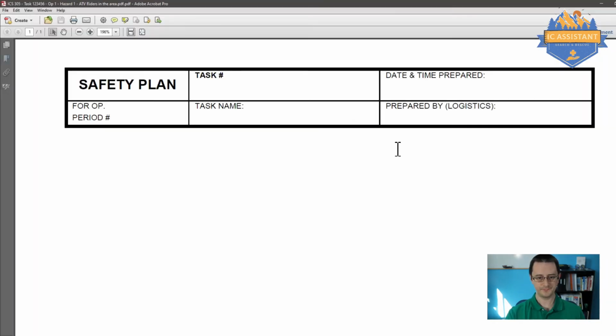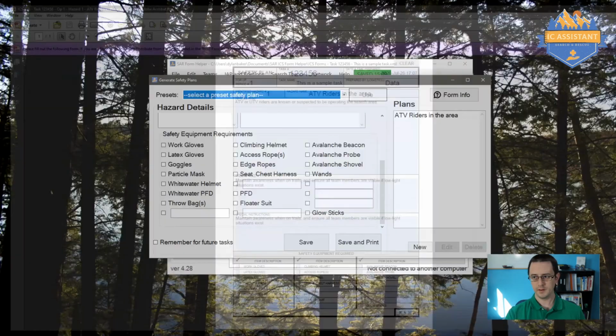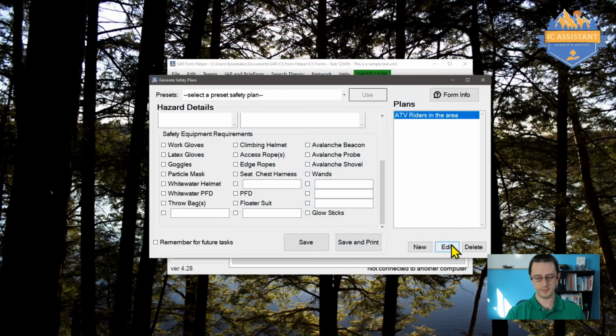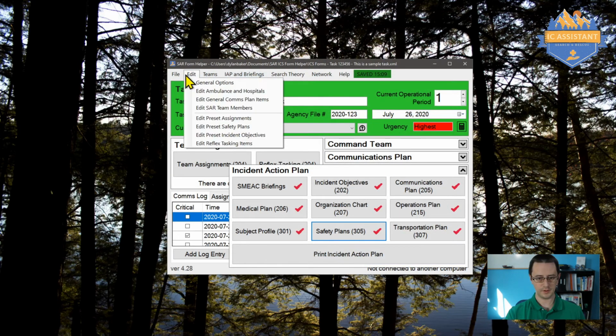Save and print. And there's our safety plan saved on the side here. If you want to edit it or delete it, you can. And then when we go back to our options,